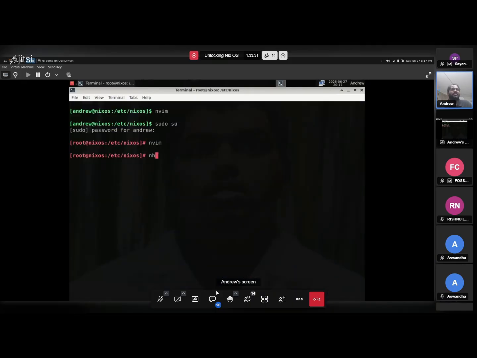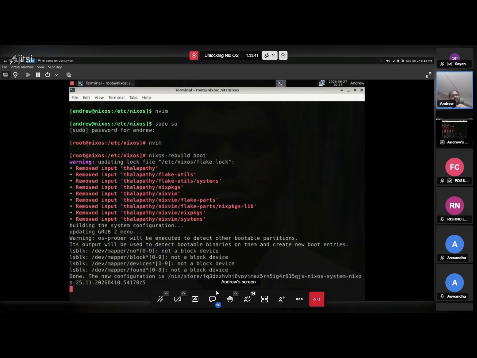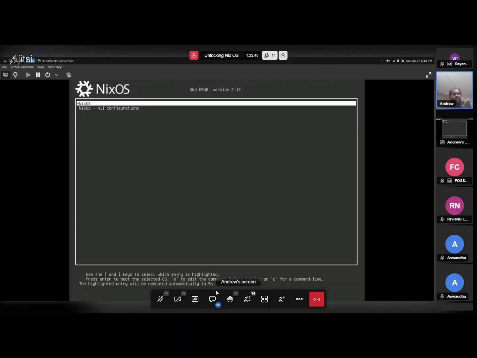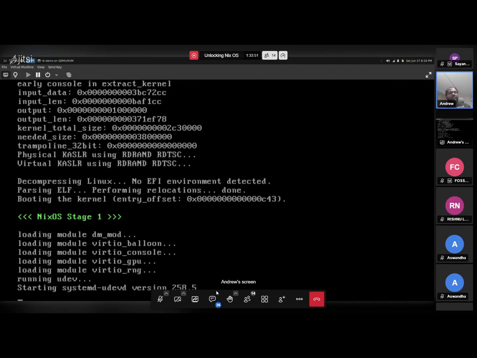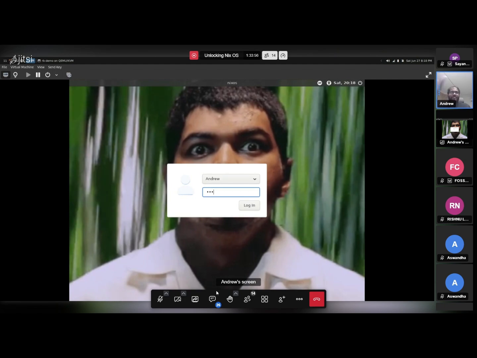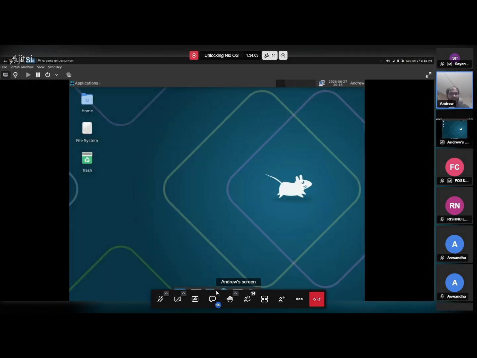And you do that, and you do a NixOS rebuild boot again. It's going to remove telepathy Nix, but it's not going to do it in this version again because I said rebuild boot. Now, if I reboot, that same customization that was applied to different programs, so this is not just to one program, right? This is applied to a lot of different programs, and all of them will be cleanly removed. Yeah, this will be there. This is a bug with XFCE where it remembers what the old wallpaper was. But if I log in, that will be wiped and that becomes actually the proper thing. Right? So we are back into vanilla XFCE again.